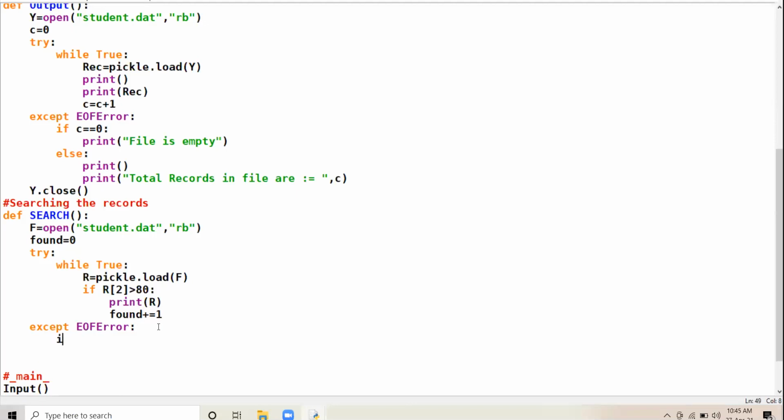If found is equal to 0, found will be incremented only when records satisfying your condition are found.